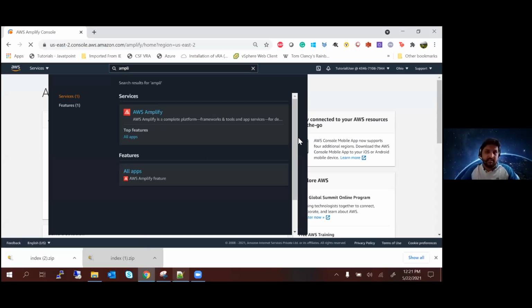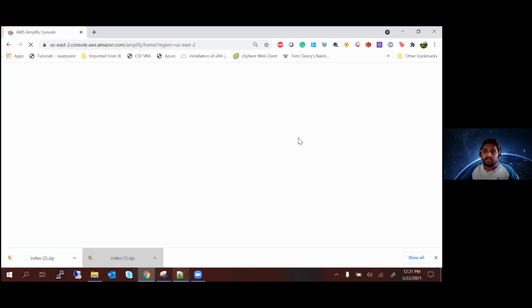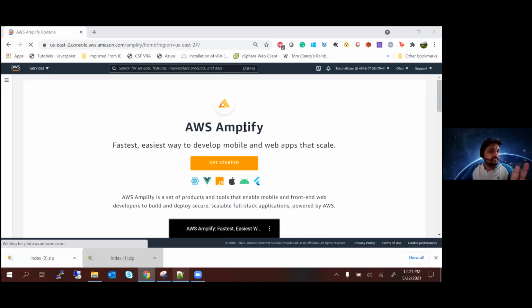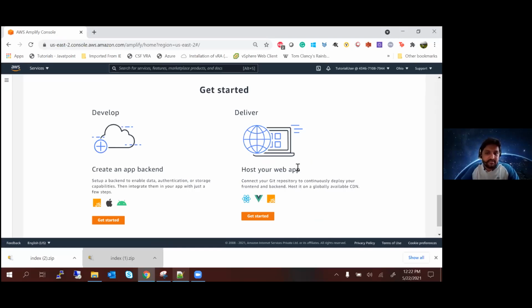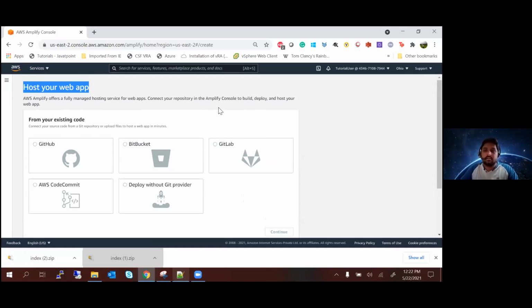You should see this page after you search for Amplify. Tanmay, that's okay, even if you have edited, it doesn't matter. On Amplify, you have to click Get Started. And on the right side, you have a host your web application. There's another Get Started there. You have to click on Get Started. And you should all be on this page with me. So just go on and hit yes if you are seeing the screen.